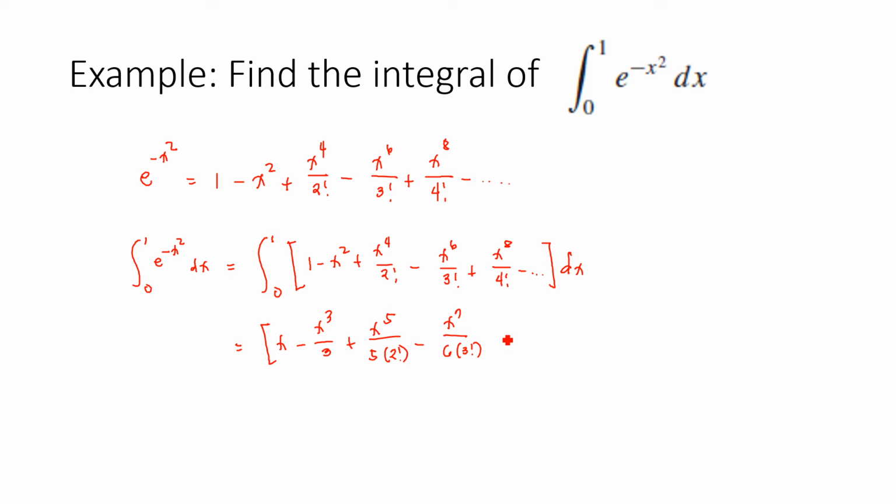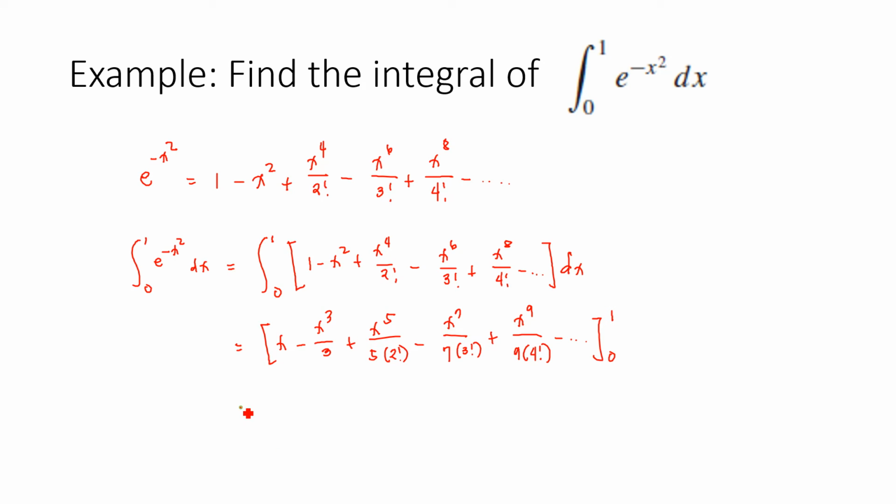Not 6, it should be 7. Sorry. Plus x raised to 9 over 9 times 4 factorial minus so on. Okay, from 0 to 1,